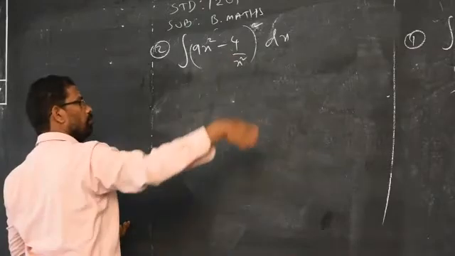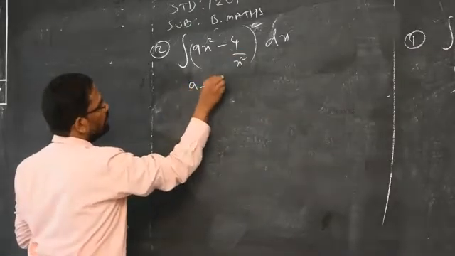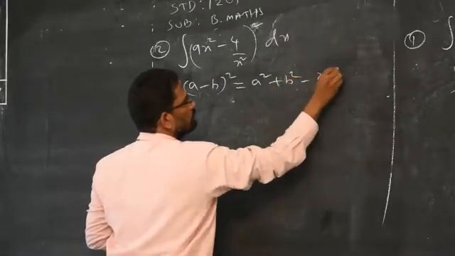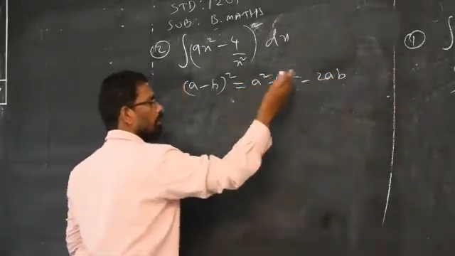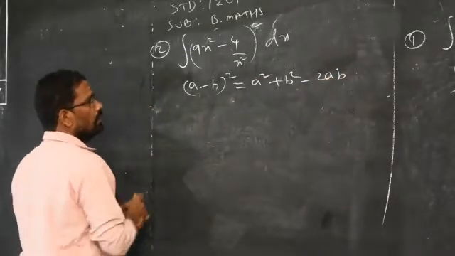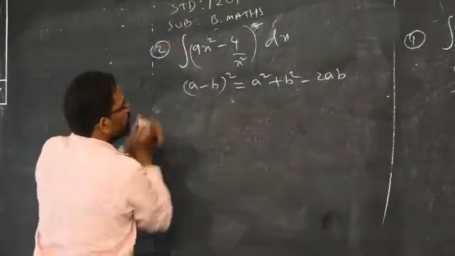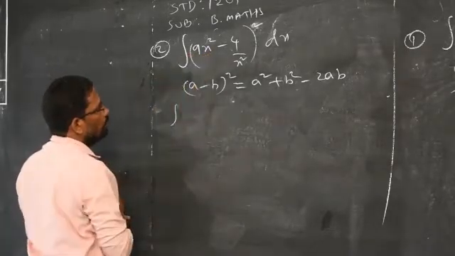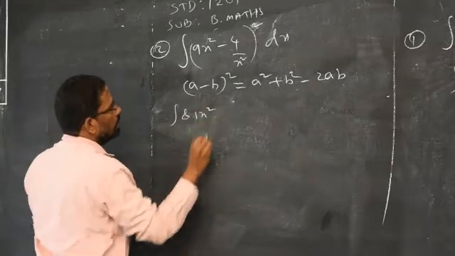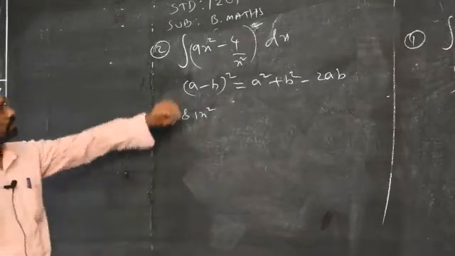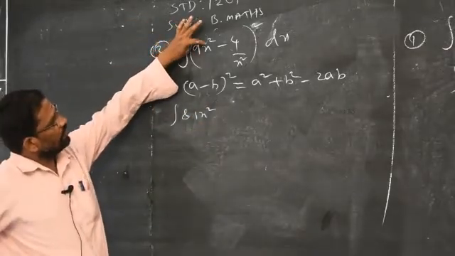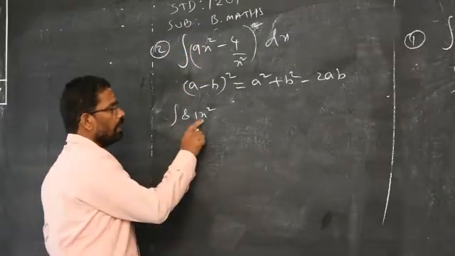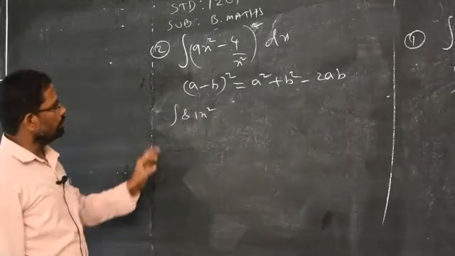You can simplify it more by using that formula, that is (a minus b) the whole square is equal to a square plus b square minus 2ab. Some of you may write a square minus 2ab plus b square, both are the same only. So I am applying this identity for this problem. So a square, when you square, is it correct? It is wrong, because when you square, you have to square each factor. 9 square is 81, x square will become x power 4. Don't write x square. Some of you make mistakes.